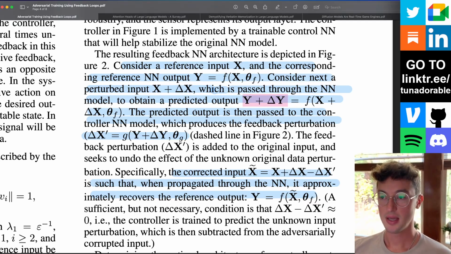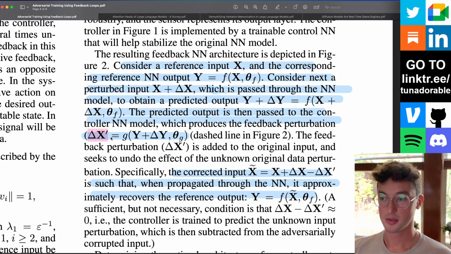You then take this predicted output, which is potentially adversarially messed with, and pass it into the controller neural network model, a separate neural net model, which produces the feedback perturbation delta x prime.